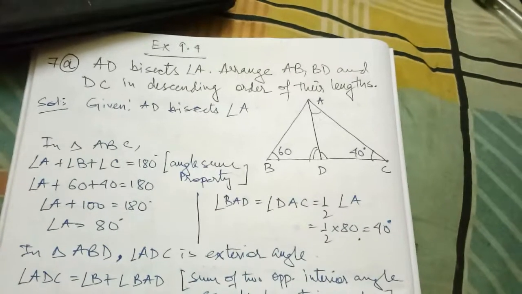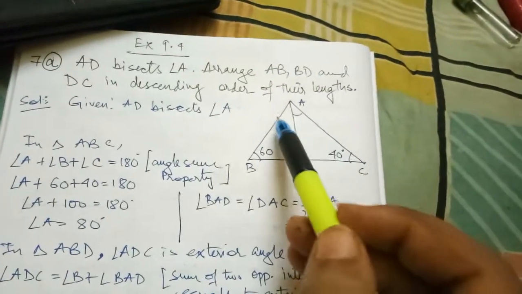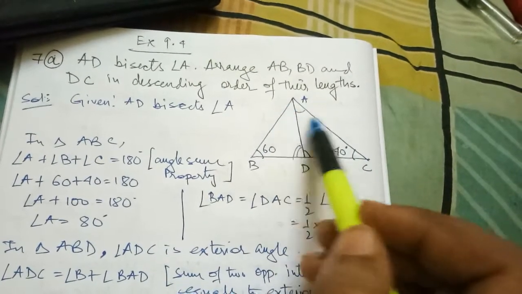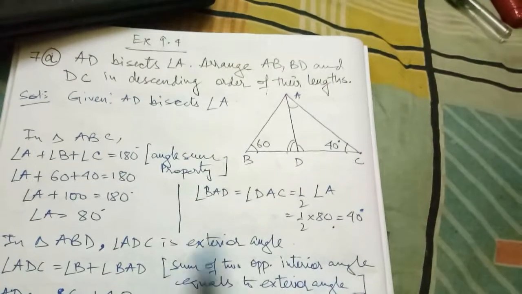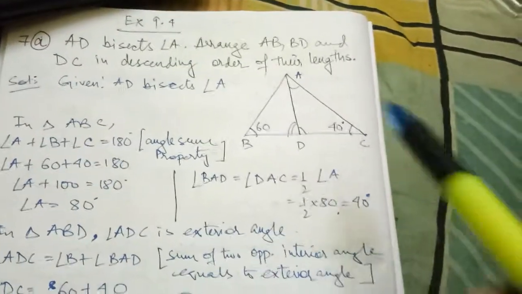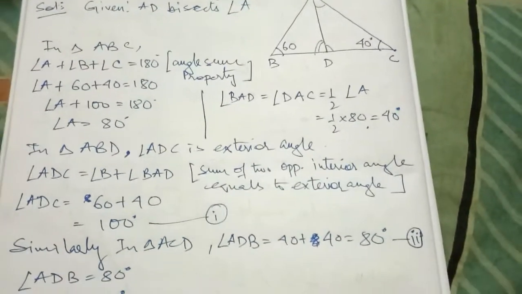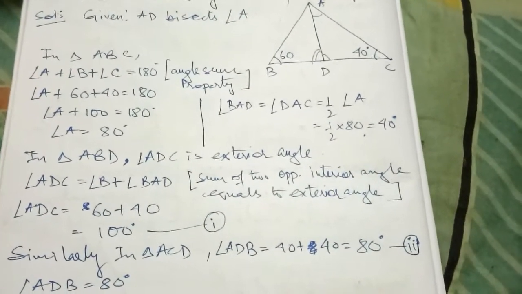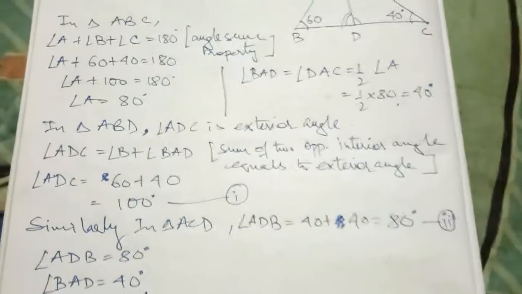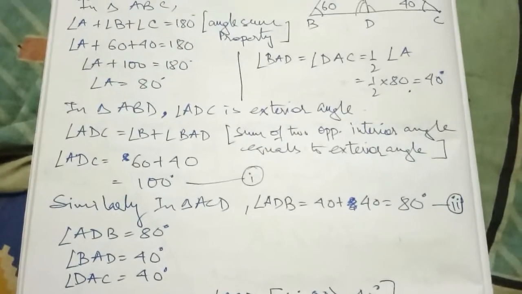Now we come across to CD. See, this angle ADC is coming to 100 degrees. Now you can say BC. From here we can write down CD also, and then BD. Then from here we can say that AB, comma, DC, comma, BD are in descending order of length. Okay, I hope you have understood this question.